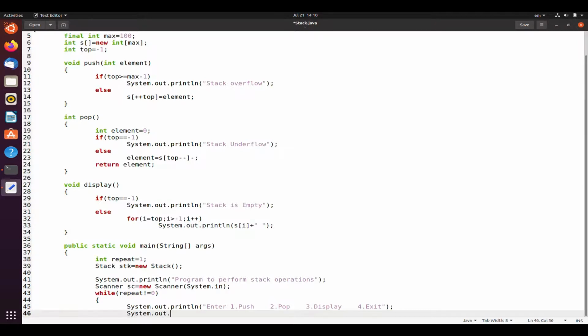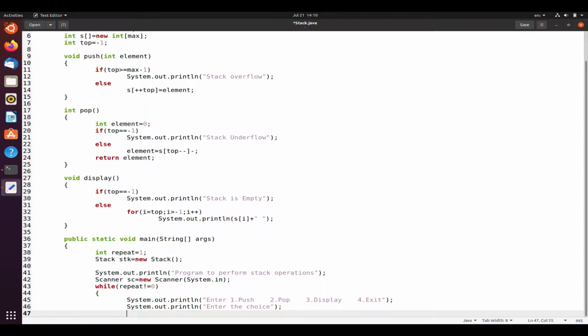And we are telling the user to enter the choice, and to read the choice,